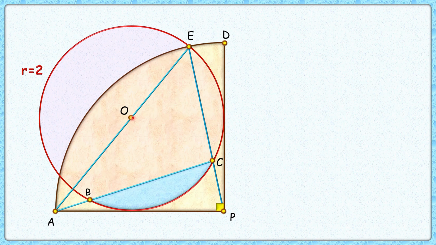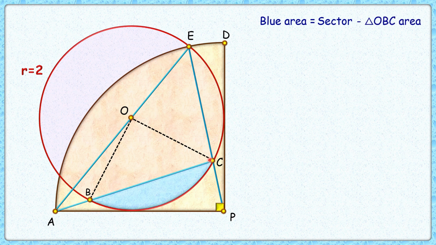Let's start by drawing the radius of the circle, that's OC length and OB length. Now this blue region is nothing but the area of a segment, and the area of a segment is given by the area of sector OBC minus the area of triangle OBC. Now if we assume this angle O here is theta degrees, then the area of sector is given by the formula theta upon 360 times pi r square, where r is the radius of this red circle, and the area of triangle is given by half of AB times sine theta, where A and B are the side lengths containing this angle theta,